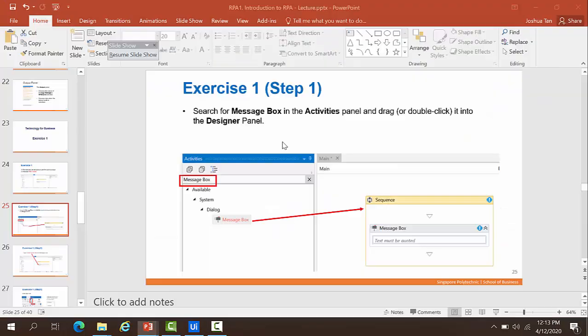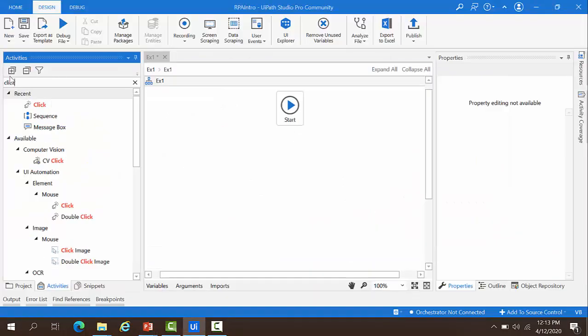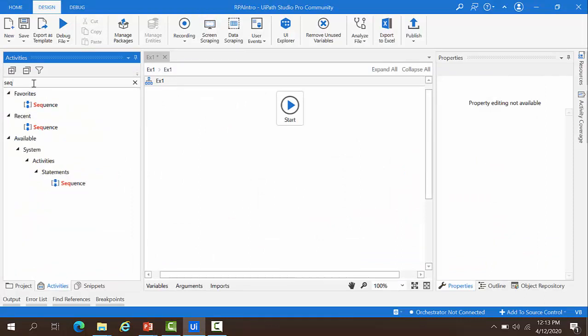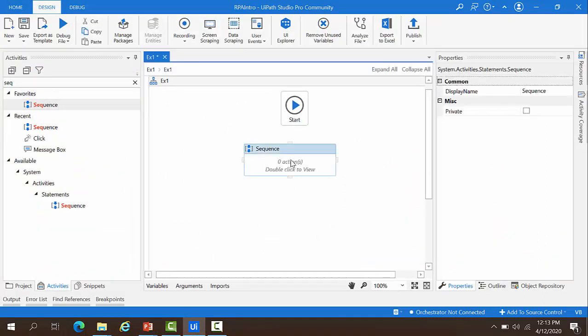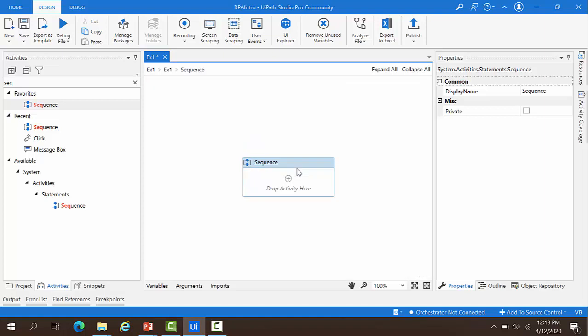If you notice, we also see that the message box is actually stored within a sequence. So before we start with that message box, let's look for a sequence. So pull the sequence into your designer panel, and the first thing you need to do is always link your start to the sequence. Double click into the sequence and you notice that now you are actually in a different